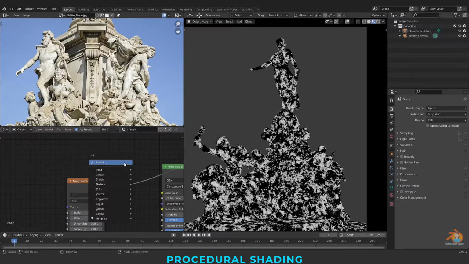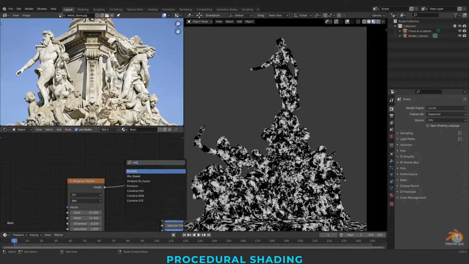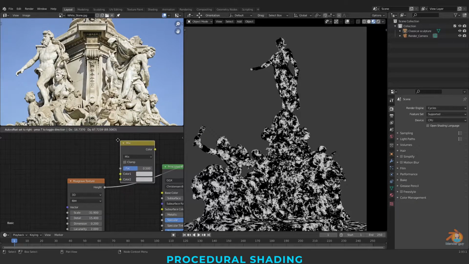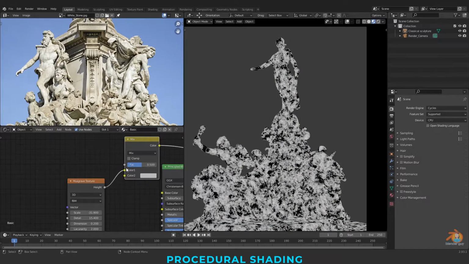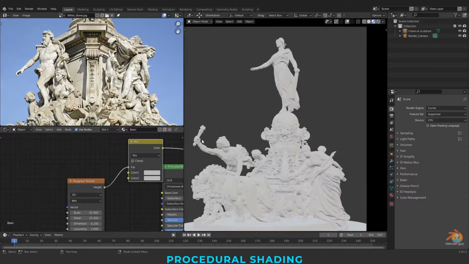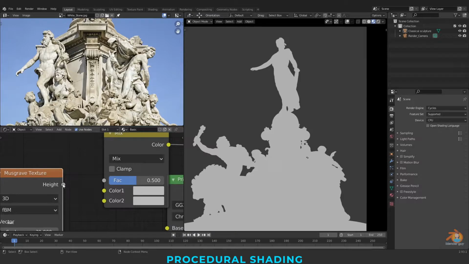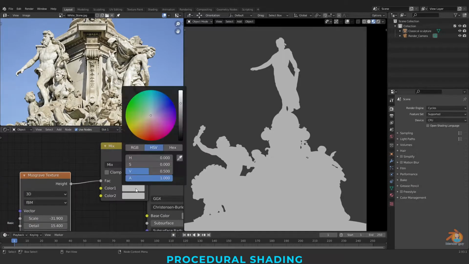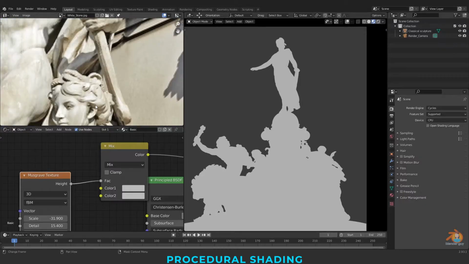Again I'm taking one more mix color or mix RGB here, and I'm connecting this to here, and see here our base color.